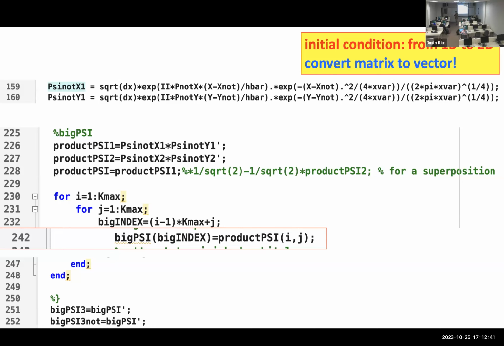But then how to match this setup with our original paradigm that any wave function is a vector and any operator is a matrix? How do we convert this square map of two-dimensional wave function onto a vector? It is not frivolous whimsy. It is a formulation of quantum mechanics that operators are matrices that we diagonalize. So we need to convert everything into the form of a square matrix.